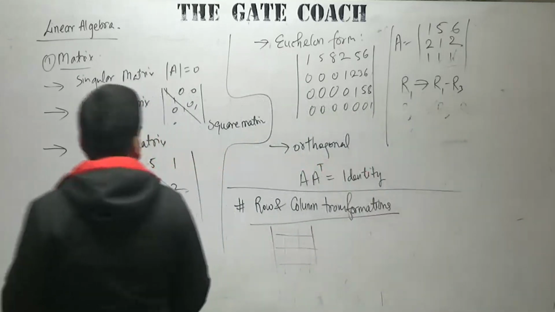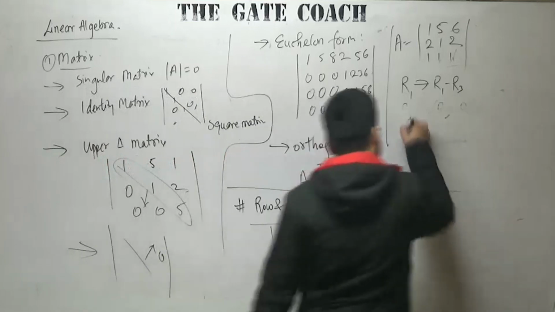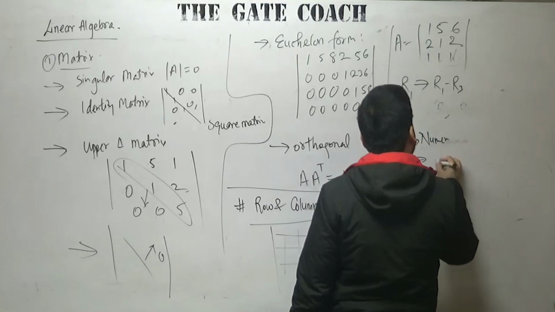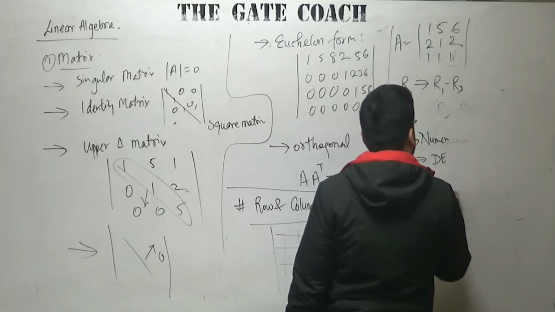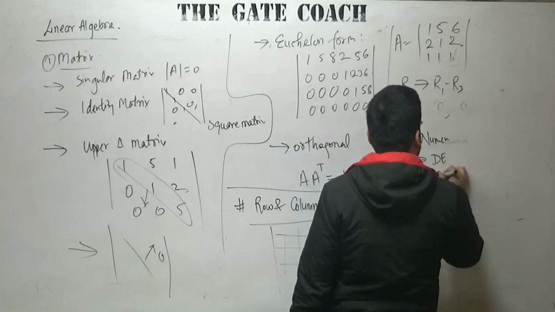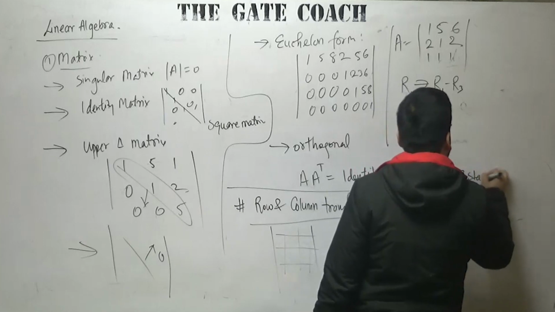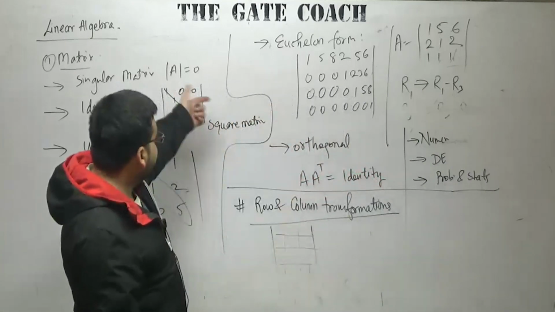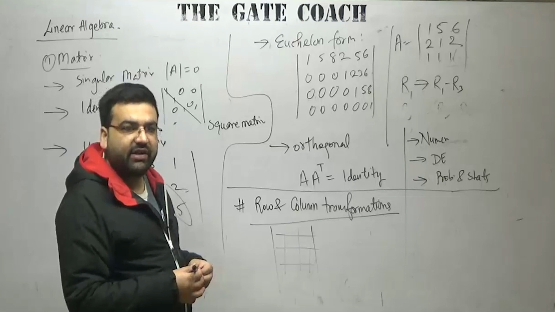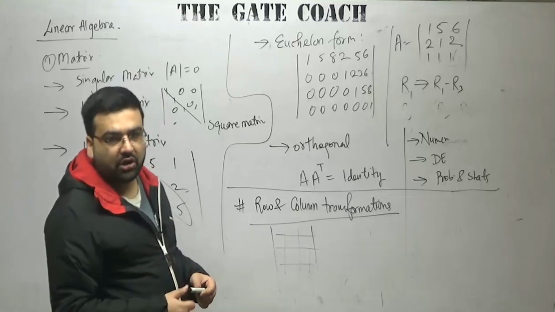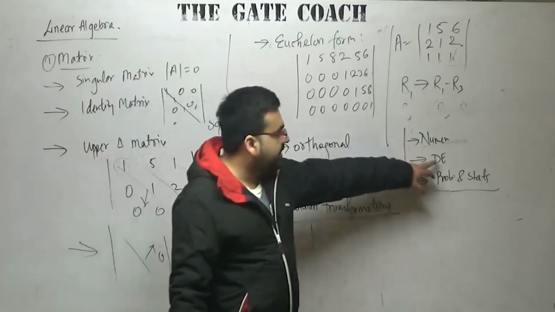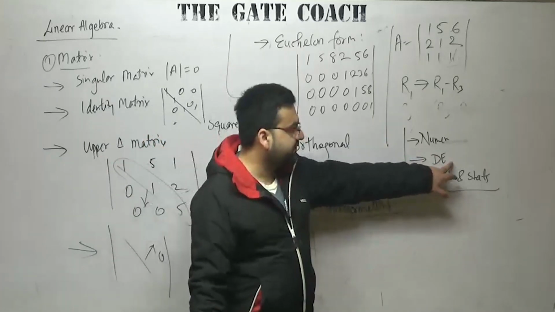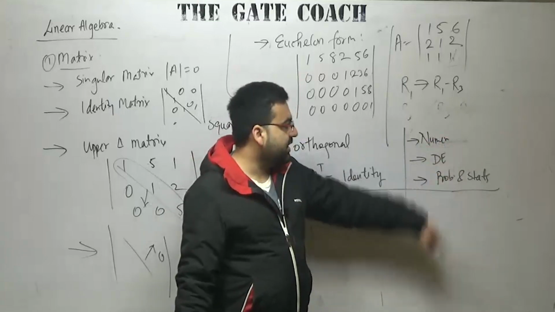We will again continue with this topic, that is matrices and determinants. After matrices and determinants, we will discuss numerical methods. After that, differential equations. After differential equations, the last topic will be probability and statistics. So these are the 3 topics left. In this one, we will discuss the rank of the matrix, the Gauss elimination method, and the Gauss-Jordan method. After this, we will start with numerical methods, differential equations, and the last one is probability and stats. Or first we can discuss differential equations, and after that the numerical methods, and the last one is probability and stats.